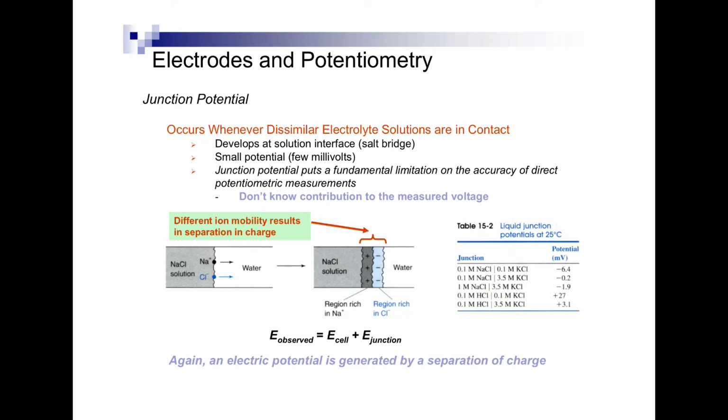Before we talk about different types of electrodes, I wanted to talk about the idea of junction potential. And I'm going to move around the screen a little bit here. I want us to think about this. An electric potential is generated by a separation of charge. So anytime we have a separation of charge, we're going to get some kind of voltage reading out of that. And anytime you mix two solutions together, and this is going to happen when we have ion selective electrodes, but anytime you mix two solutions together, like a sodium chloride solution and water,